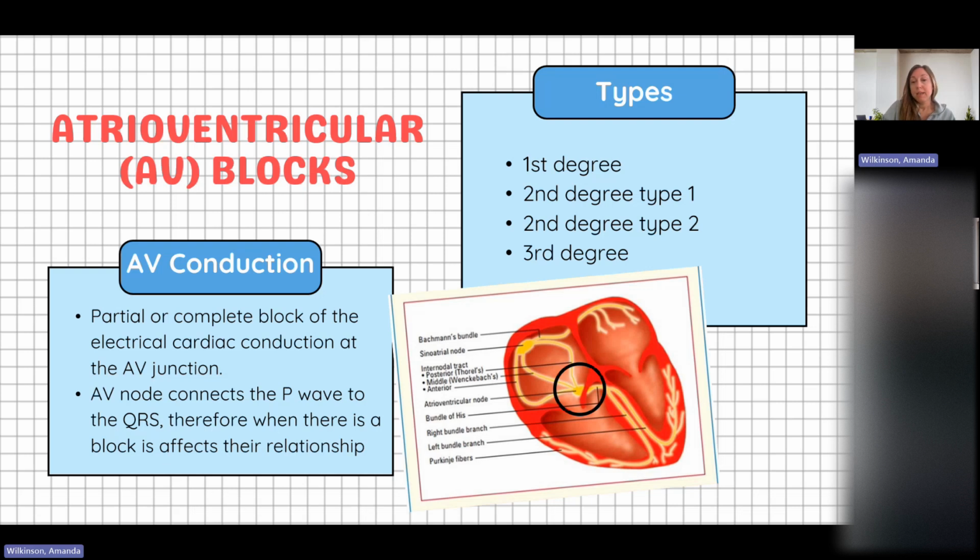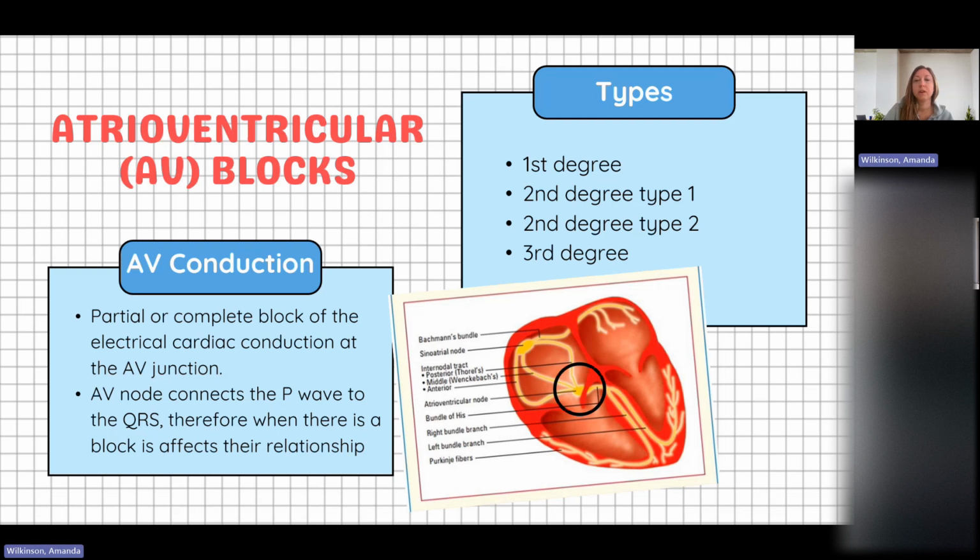It's important because the AV node is what connects the P wave to the QRS complex. In other words, it's the reason why atrial signals result in ventricular beats. So when that bridge is partially or completely blocked, it affects the timing or sometimes the existence of the QRS after the P wave. So we are going to divide our AV blocks into 4 types based on how much